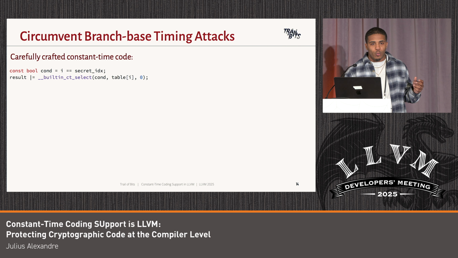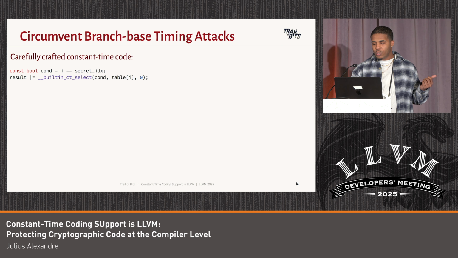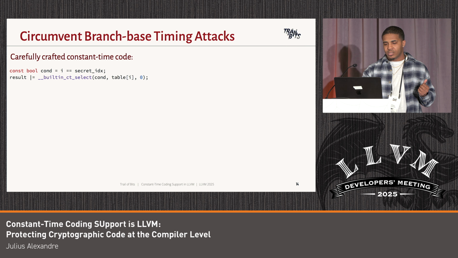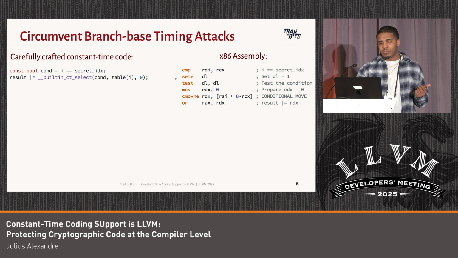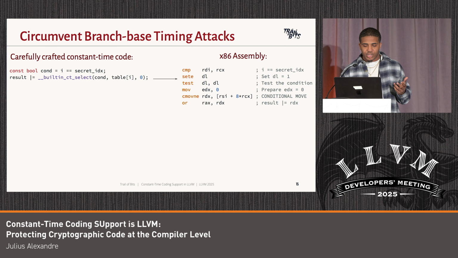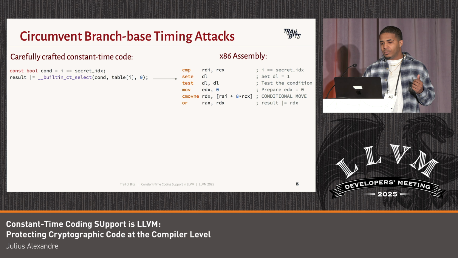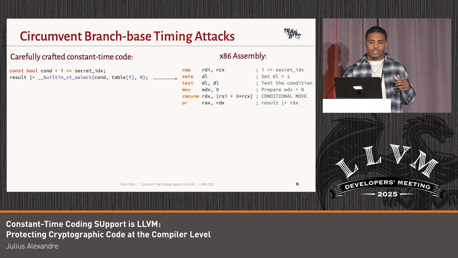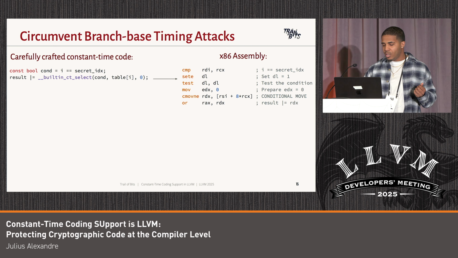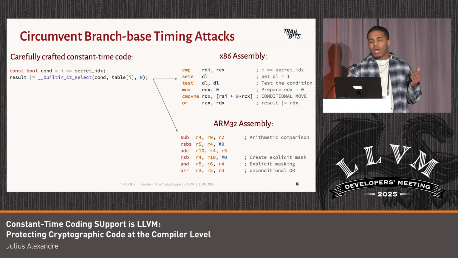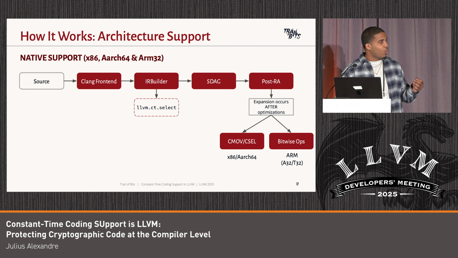We could look at the same vulnerable code we saw previously, but with built-in intrinsics. It goes to the LLVM pipeline, goes through those optimization passes, and results in this x86 generated assembly. As you see, there is no branching happening, or data-dependent branching. We just generate the x86 constant time code associated with it. The great thing about our intrinsics is that for architectures that have native conditional move or conditional select instructions, we just resort to using that. And for architectures that don't have it, like in the case of ARM32, we just generate bitwise operations, still offering the constant time guarantees.